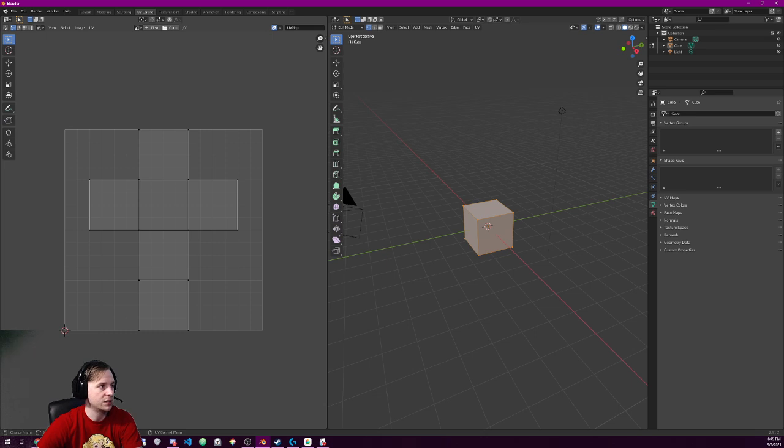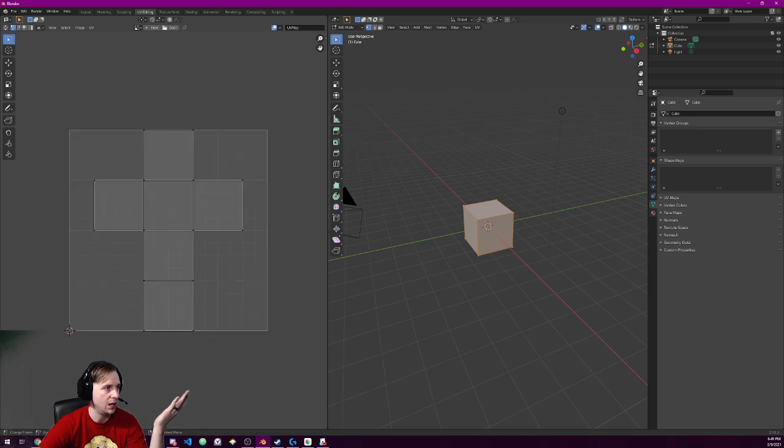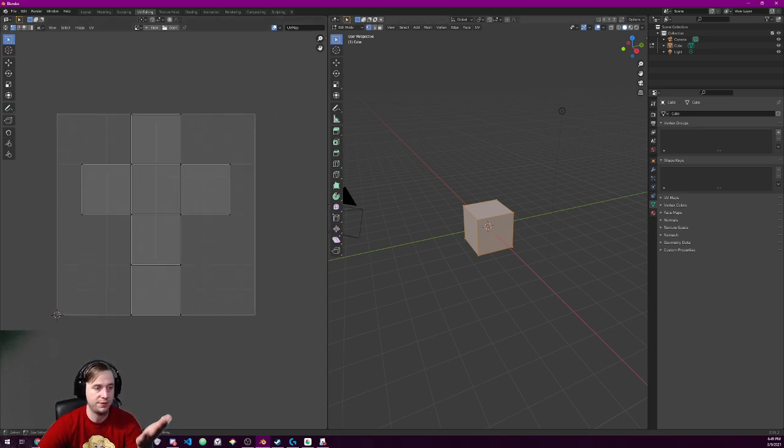UV editing is just a split of whatever object you're looking at, because you have your 3D view of the world you're working with in Blender, and then on the left-hand side is this UV editing screen. This UV editing screen is essentially just that file. You'll notice that it looks like a cross, but it's essentially all the sides of that cube. I can hit new,